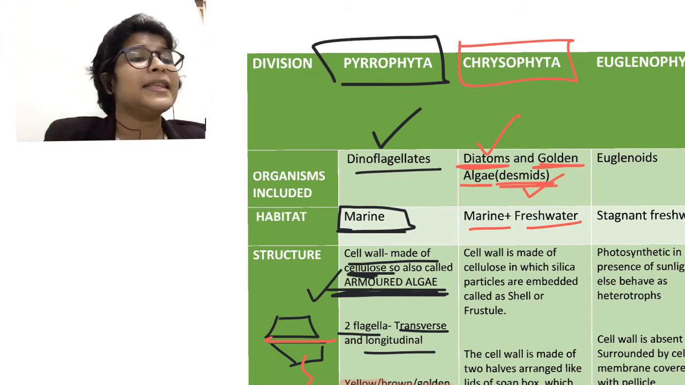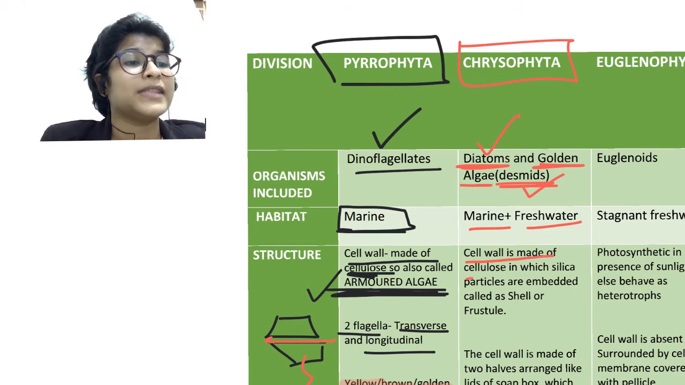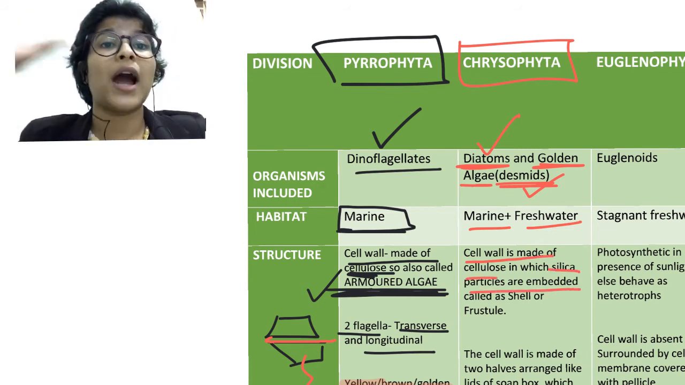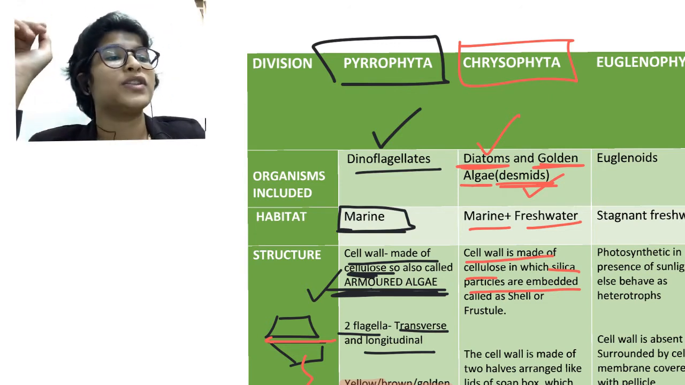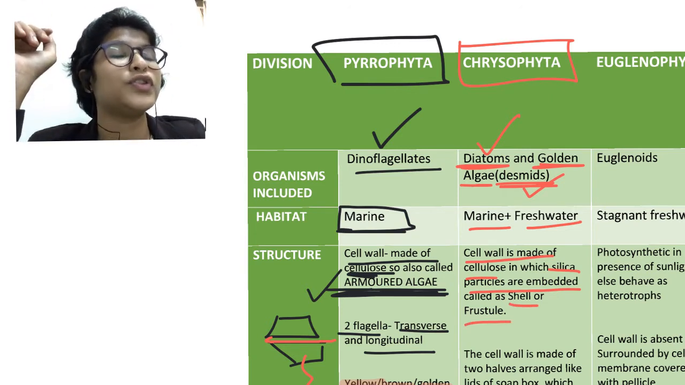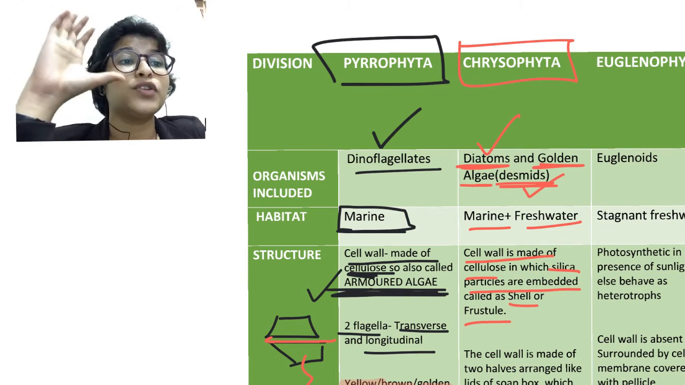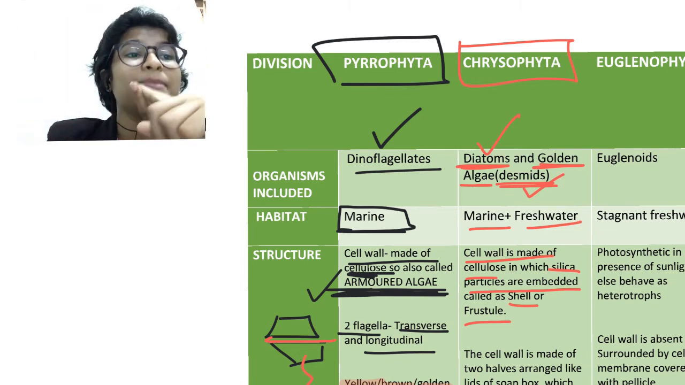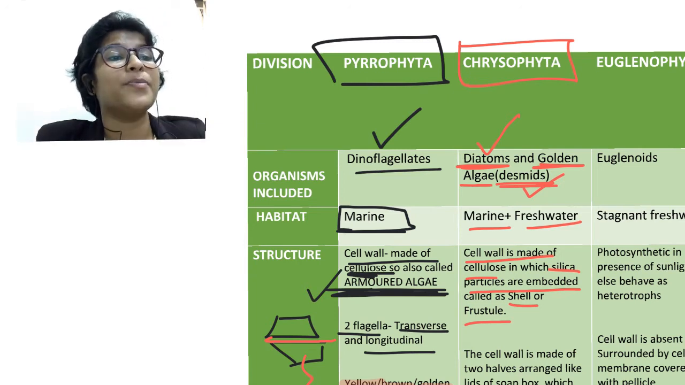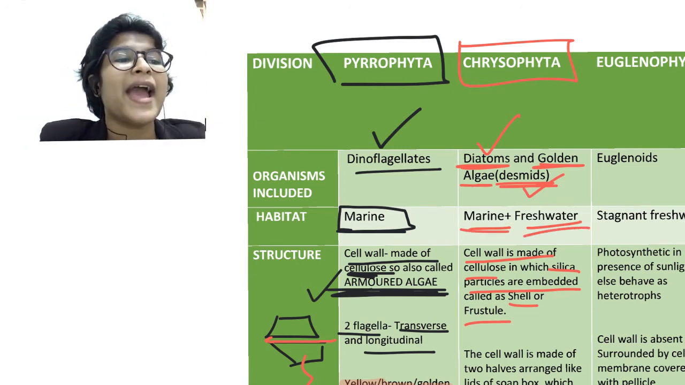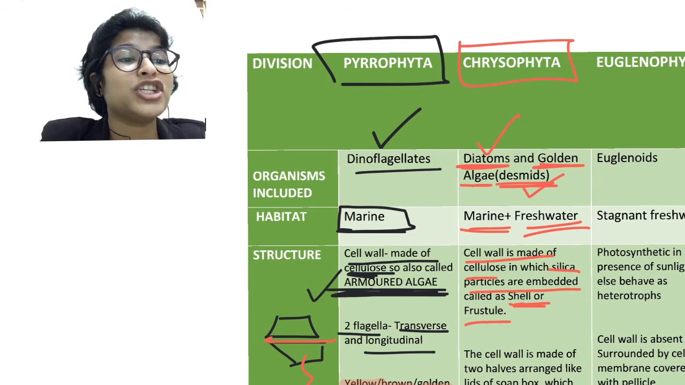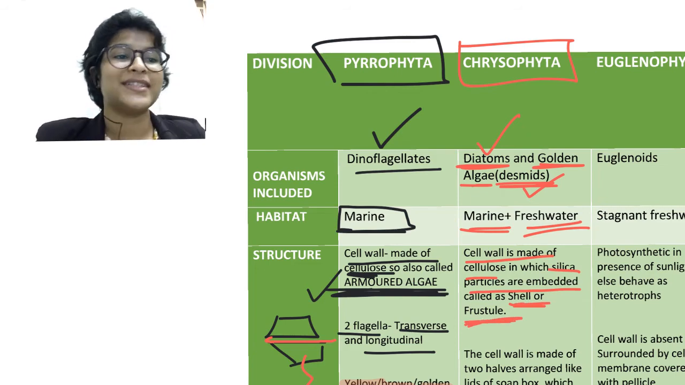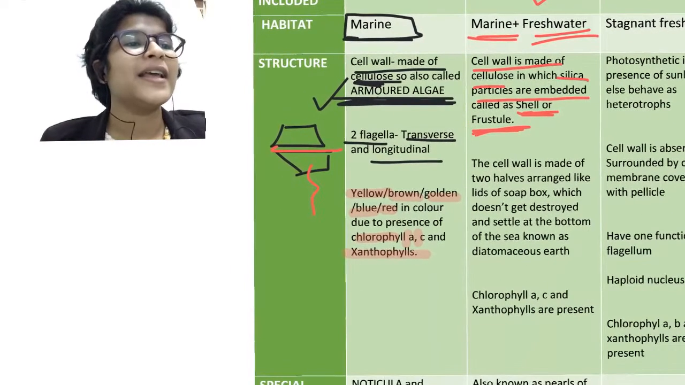ठीक है? The cell wall is made up of cellulose in which silica particles are embedded. Therefore, their outer covering is hard and is called a shell or a frustule. ठीक है? Chrysophytes, which are golden in color, have two types, that is diatoms and desmids. They are found in marine as well as freshwater and have hard silica based shells or frustules. ठीक है, clear till here? Next,